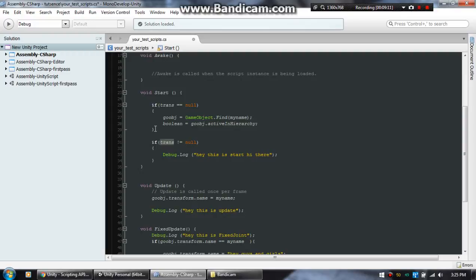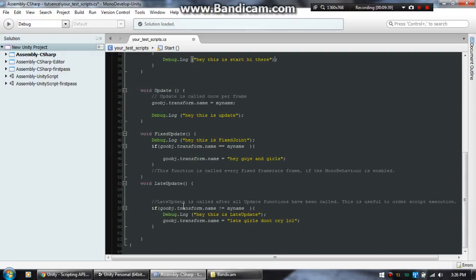Because it's already started and everything else, it goes down to this. Well, it hasn't found it yet, because these calls, finding an object like by name, are remarkably slow. It's like the worst thing you can do. So it never gets to do this. And it can't do this in late update because the name's already been changed. See what I'm saying? If it equals my name, hey girls. If it doesn't do this,